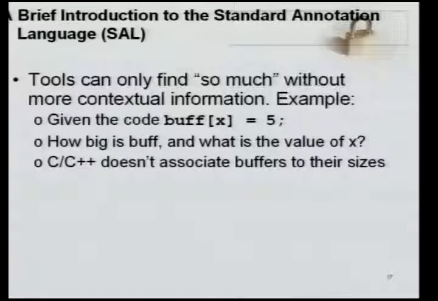If you think about it, tools can only find so much information by just looking at source code. So for example, if you take a very simple line of code that says, assign this element of this array this value, is there a buffer overrun, buffer underrun here? You really don't know unless you know what the size of the buffer is and what that particular value of the array index is. And so the problem is that C and C++ code really doesn't have any way to